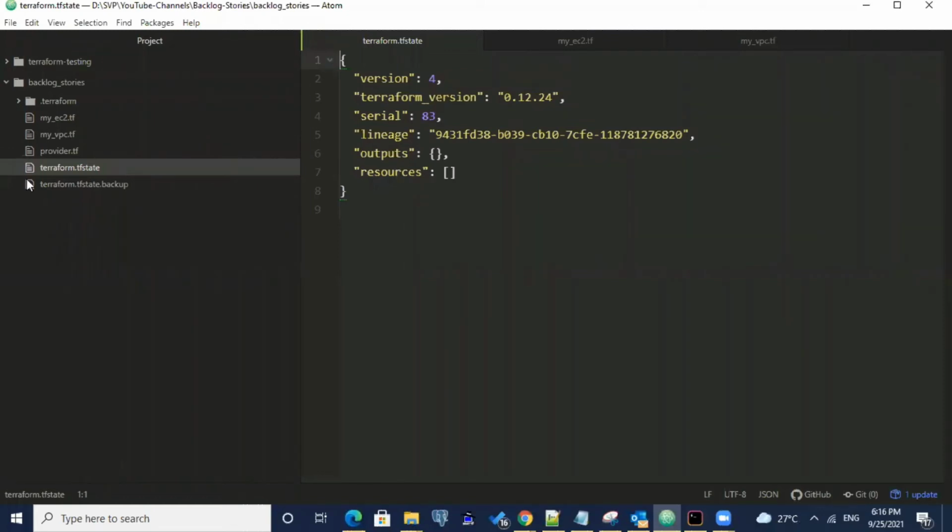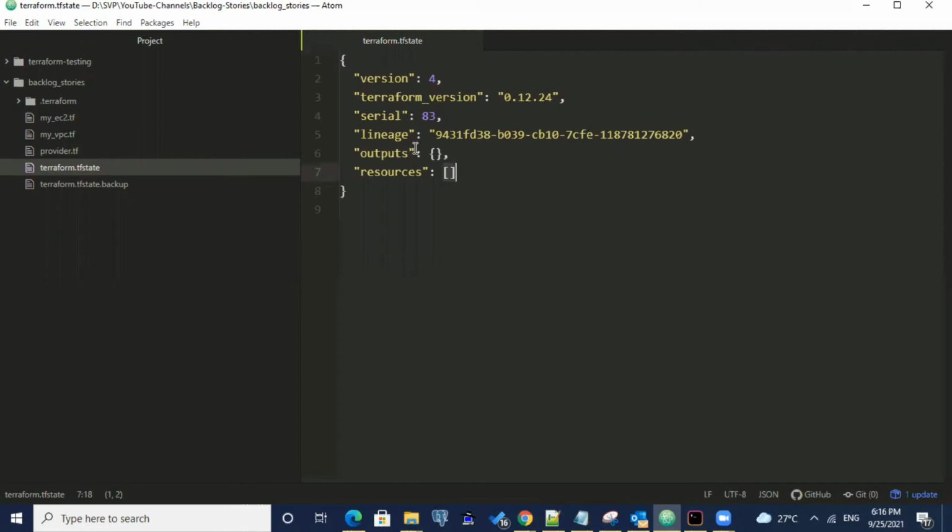Currently, if you see the file name, it is generated as terraform.tfstate. This is the file where it stores all your infrastructure resource details. Currently, the resources list is empty. In the previous session, I explained how to destroy all the resources as well as specific individual resources, and I have destroyed all the resources.